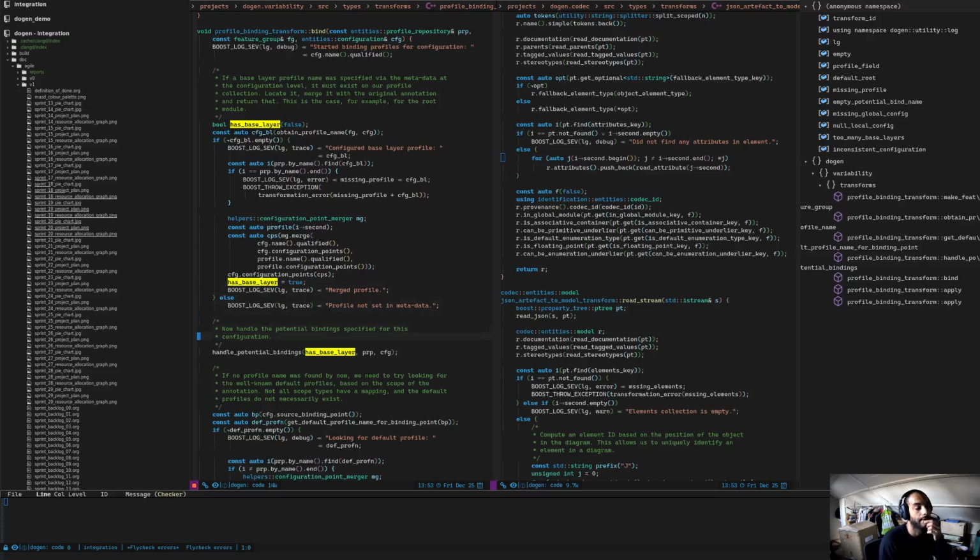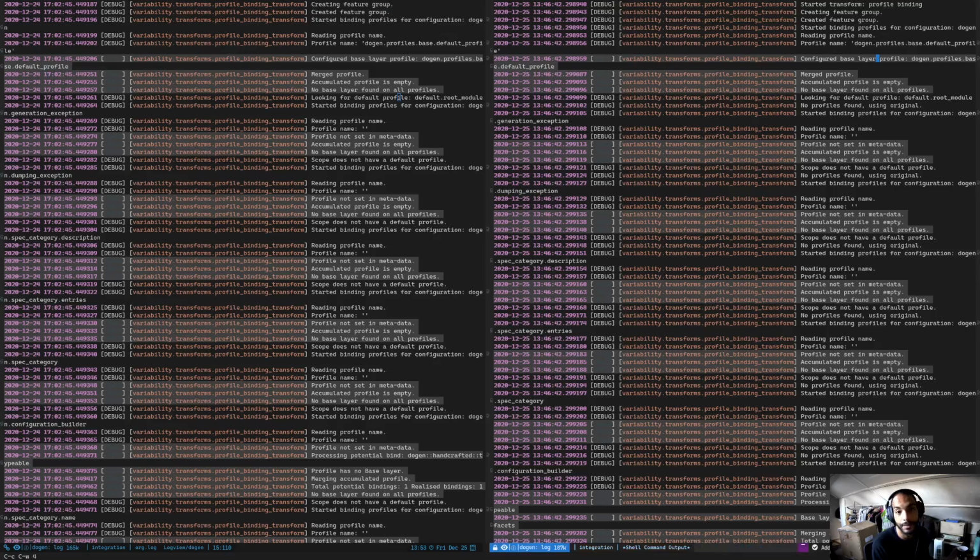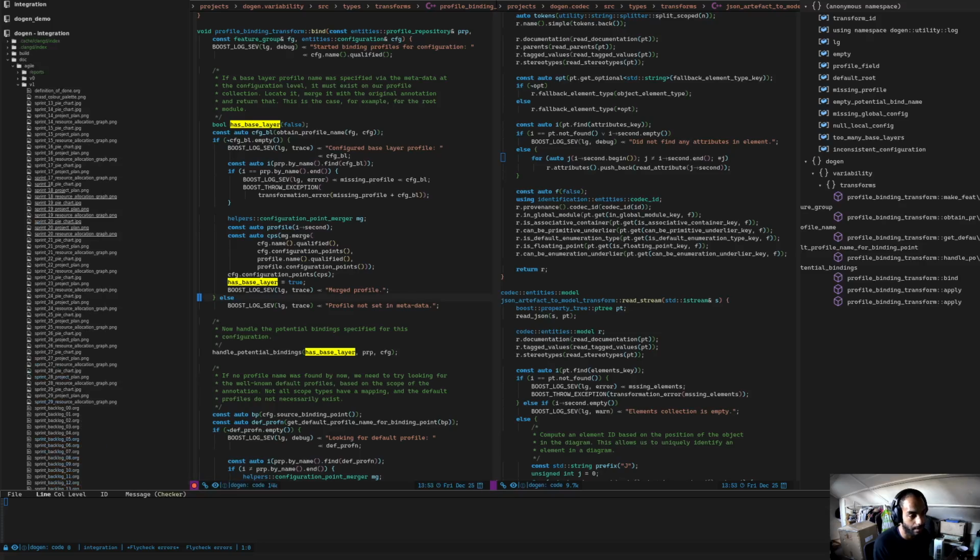Okay, so if we found the base layer when we call the handle potential binding links, what is puzzling of all of this is it's not clear why we're not saying that we've merged the profile. We should be saying, well, we do. Okay, merge profile, merge profile. Commit the profile is empty. No base layer found on all profiles. Now I'm not entirely sure what that means, but